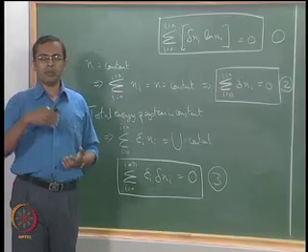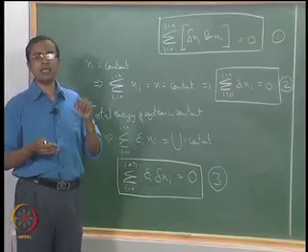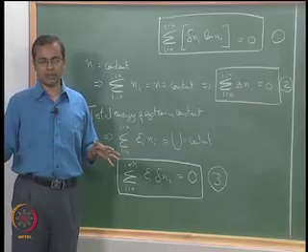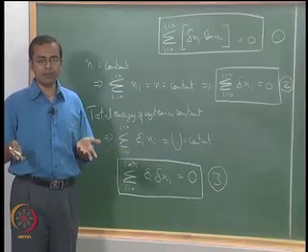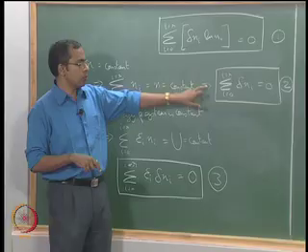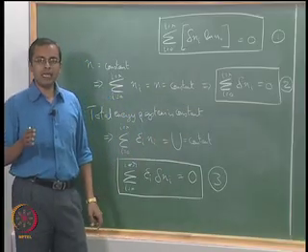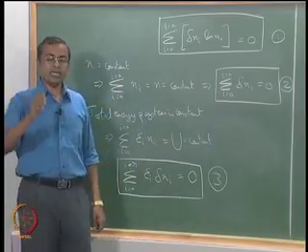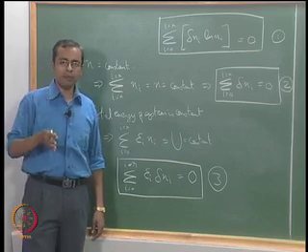Normally when we talk of the maximum and minimum of a function, it is like saying: what is the highest point in the mountain, and what is the lowest point in that terrain? So that is the maximum and the minimum. But the fact that we have these two constraints is equivalent to saying that I do not want to know the point which has the maximum height in the mountain or the minimum height in the mountain.